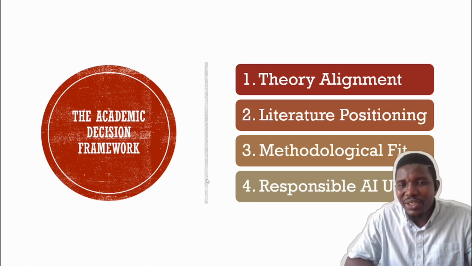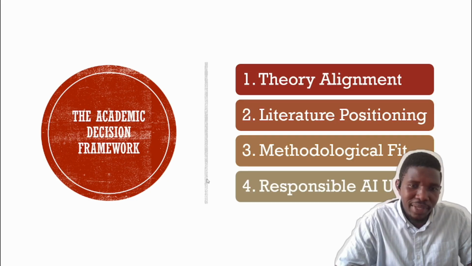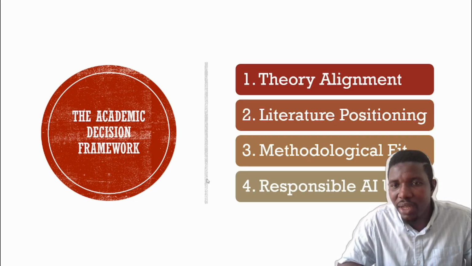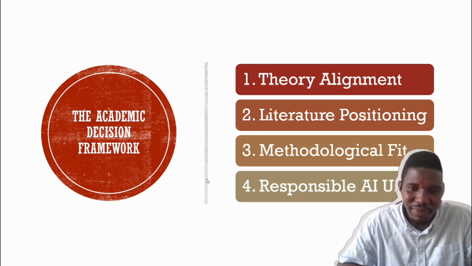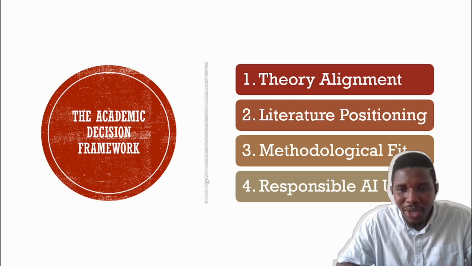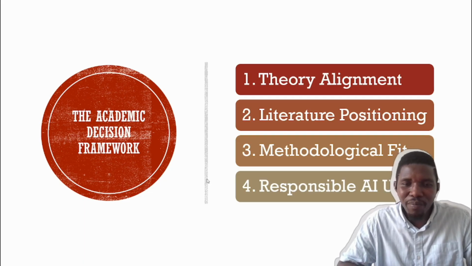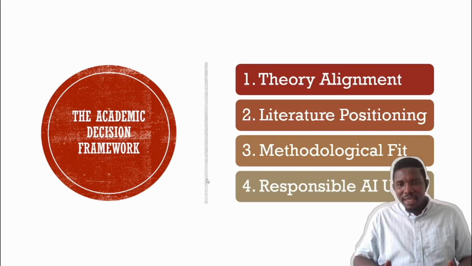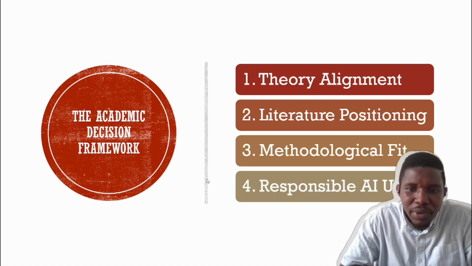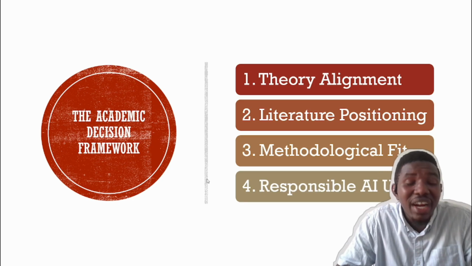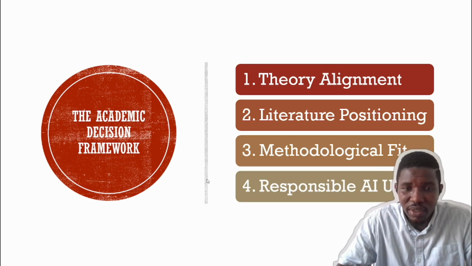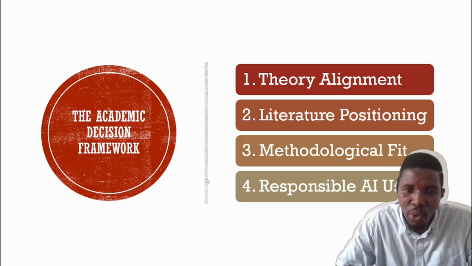Before selecting a theory, clarify your research problem. There is a previous video which explained how to identify a gap and how to state a problem. Ask yourself the question, what exactly is my study investigating? Is it examining power structures, representation, identity formation, policy influence, or just an audience reception study? The sharper the research problem is, the clearer the theoretical direction will be. Ambiguous research questions produce theoretical confusion. If you are not clear with your research questions, then you will have issues starting your work within the theoretical framework.